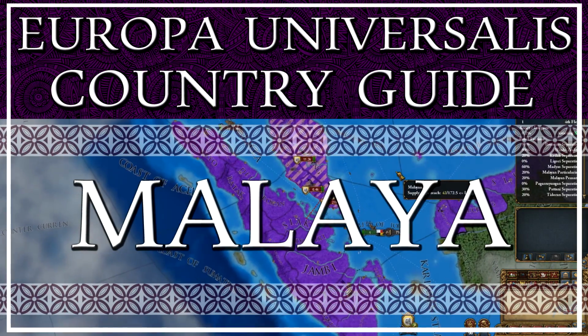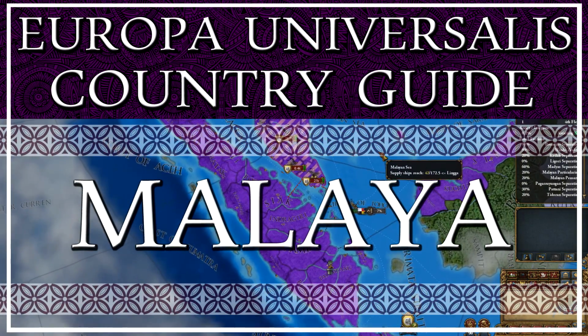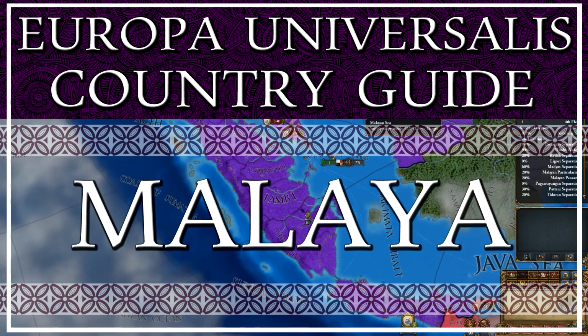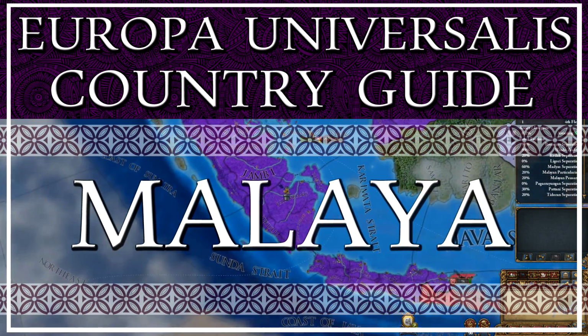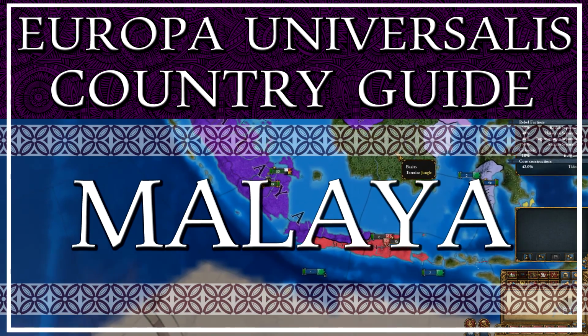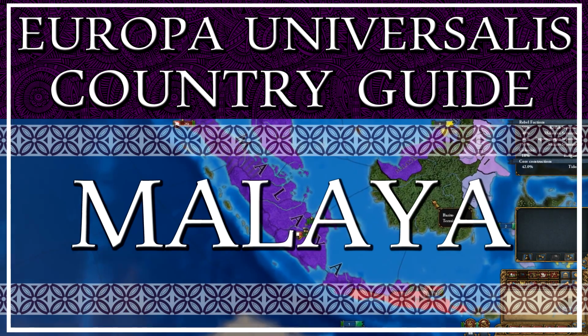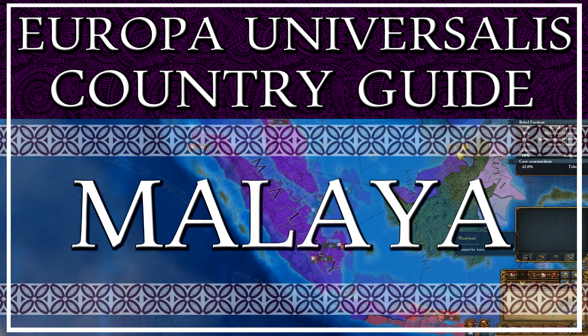The nation we will cover in today's guide, Malaya, is an economic powerhouse that is easily capable of obtaining obscene amounts of wealth. In this guide, we will focus on forming Malaya quickly, aggressively, and in an unorthodox way, so that we can play as a pirate republic and benefit from raiding coasts, electing competent rulers, and benefiting from a